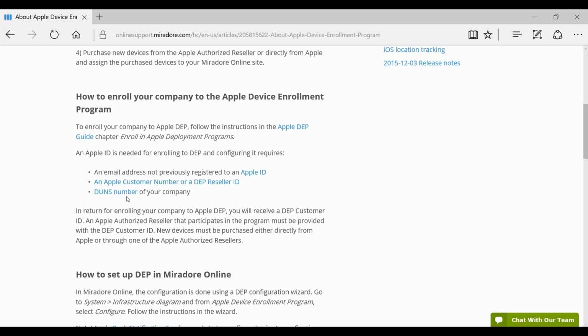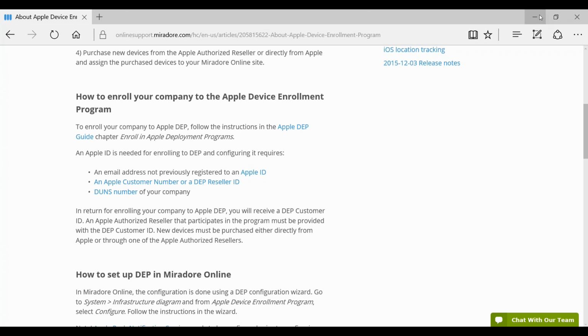I think it's a 9-digit number you will get by registering to this service. If you don't have one, you can follow this link and apply for the number. There are instructions on how to do that. So that's an Apple requirement, how to do the registration to DEP.